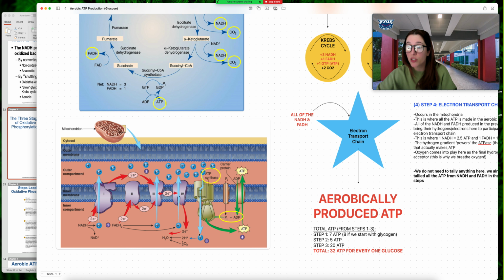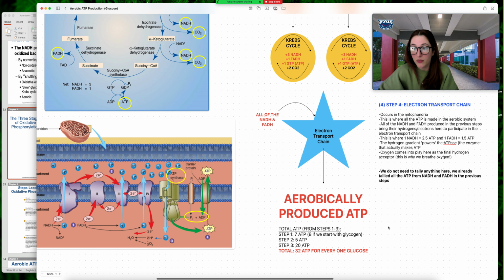But if all of the hydrogens just flowed through and just stayed there, well, then there would be a high concentration down there too, and there wouldn't be a concentration gradient causing them to flow from high to low. So we need to get rid of that hydrogen down there so that we can keep that gradient going. So this is where oxygen comes in. Oxygen comes in and combines with that hydrogen and forms water. And then the water's just in the cell, right? We have water all over our bodies. It's fine. But we got rid of that hydrogen, the gradient can keep going, and we can keep producing ATP